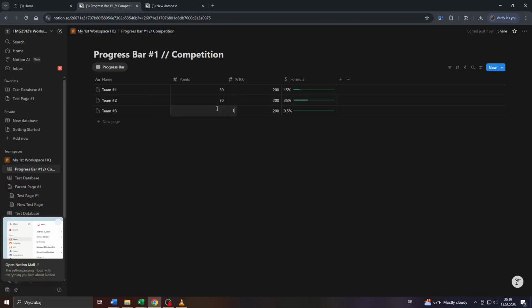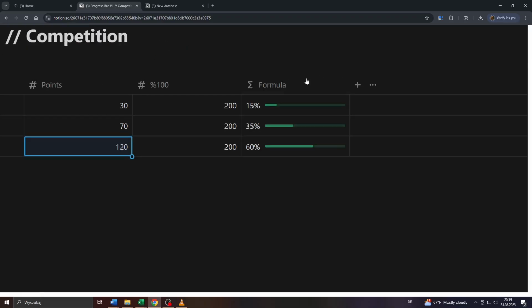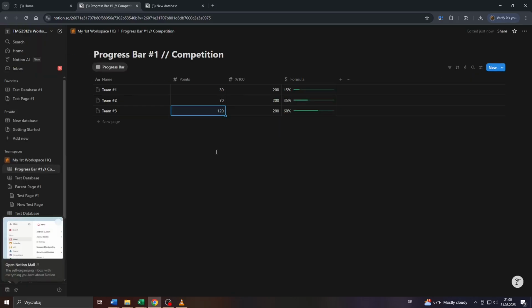And you will see the given progress calculated based on that column as well as on that one here with the formula we just entered here to the right, like for example 50%, 20%, 0.1 percent, which will basically resemble the percentage of the overall amount here that has been collected by the given team in this column. And that's basically it, guys. That's how it works. That's how we create a progress